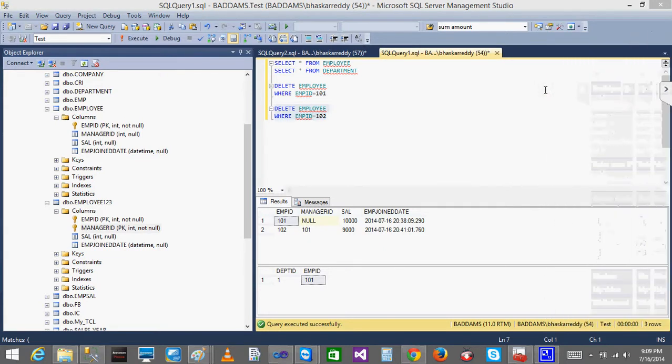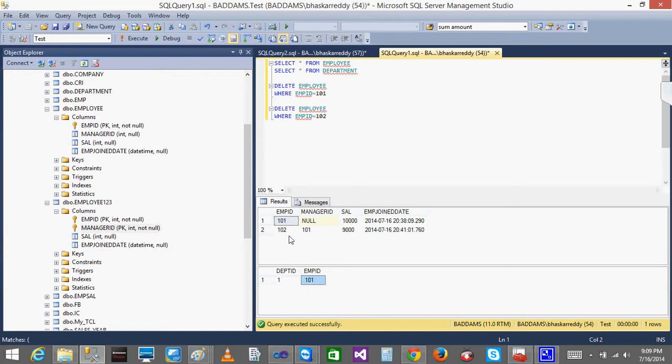Why it doesn't work is that if you try to delete the employee ID from the employee table, it will check, because you have given a foreign key relationship between the department table and the employee table. When you try to delete, it goes and checks whether that 101 is there or not.